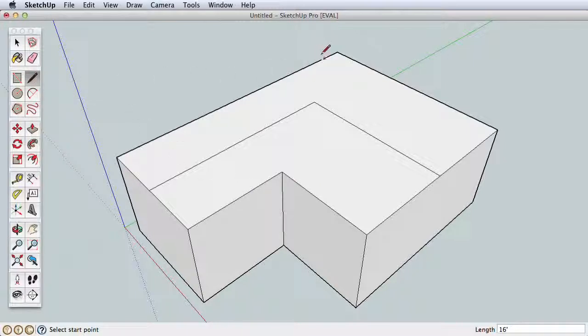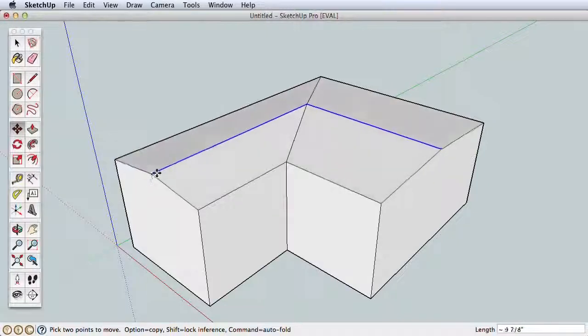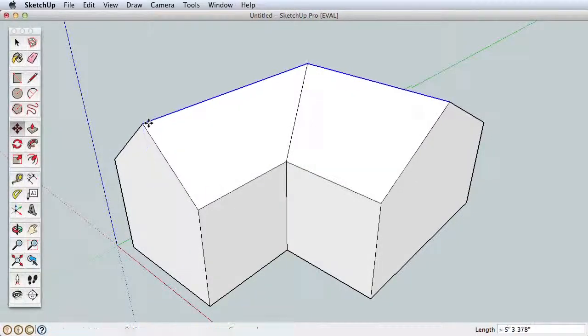Now that we have both ridges in place, simply draw the lines where the roof will fold when we move the ridge lines. Use the select arrow and click on one of the ridges, then hold the Shift key and watch the icon. There is now a plus minus that indicates you can add to or subtract from your current selection. This allows you to select other entities and deselect them as well while holding Shift. Add the other ridgeline to your selection, making sure only these two edges are selected. Now you can use the Move tool to pull up the roof. When you are happy with your roof, use the Select tool and click away from your model to deselect the